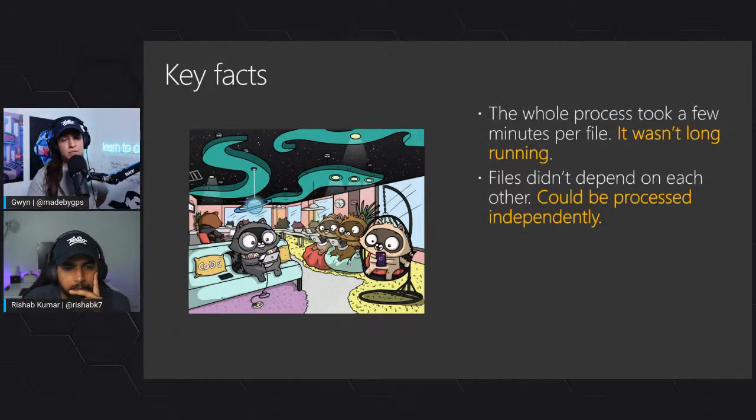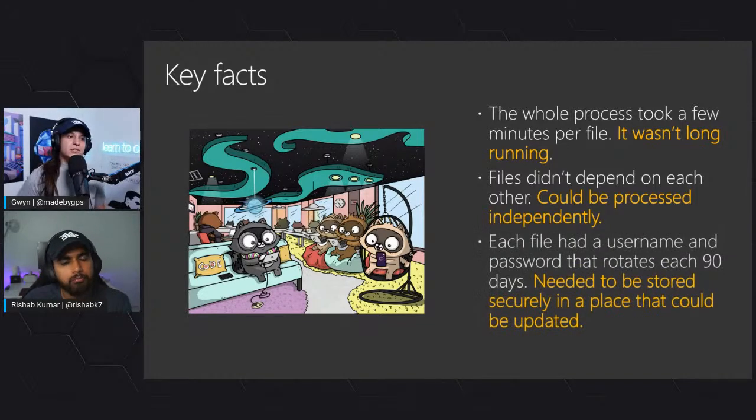Then I also knew that these files could be processed independently. None of these files depended on each other. It was one file, upload, submit, done, move on to the next file, which is important. At that point, when I first created the solution, there were 50 to 60 files, but the goal was to have more and more files depending on more clients coming in. But again, order didn't matter. They didn't have to be done together. They just had to be processed at some point. Important here too.